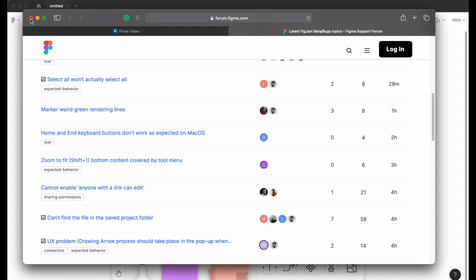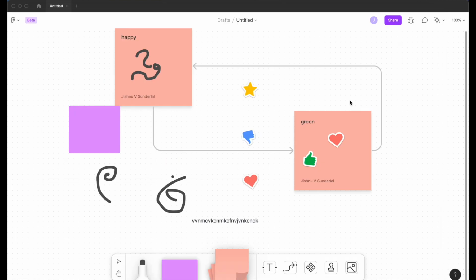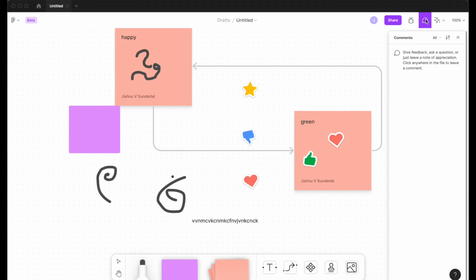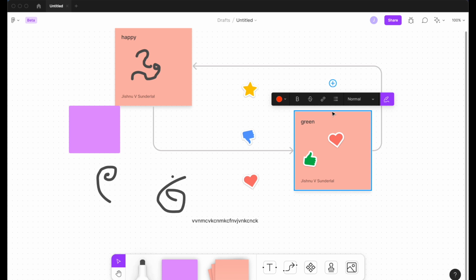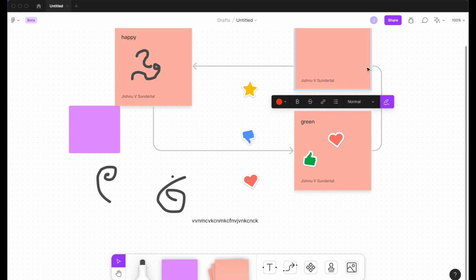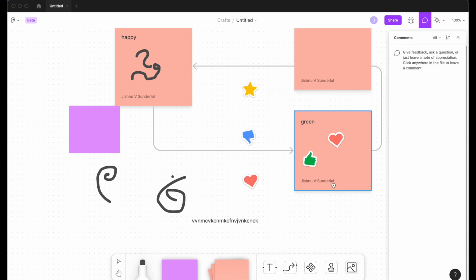They are replying to the questions now, so you can join that forum also. There are lots of other features also, like the command feature, and emote, and cursor chat. Cursor chat means you can chat here. It's an easy process. And lots of things are at a developing stage.